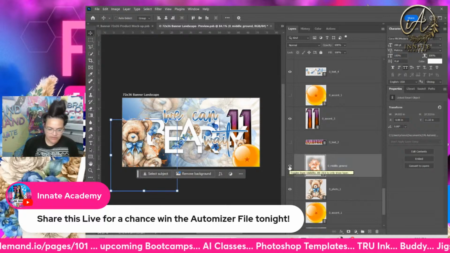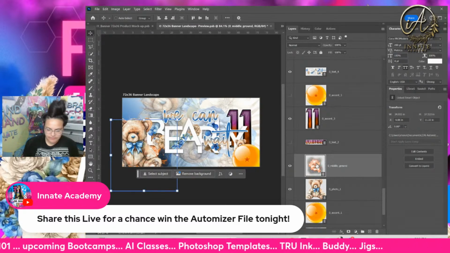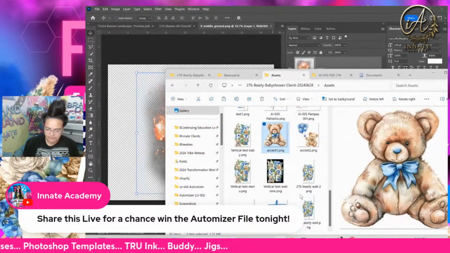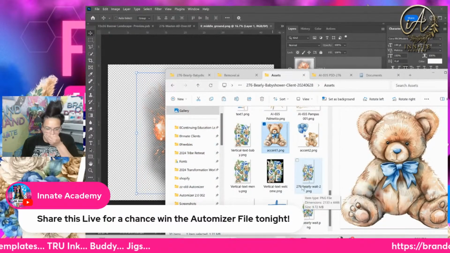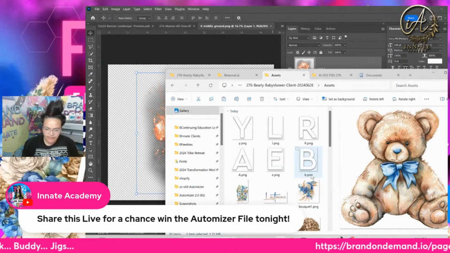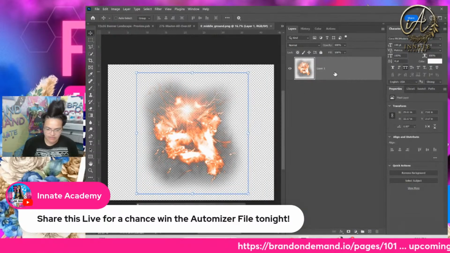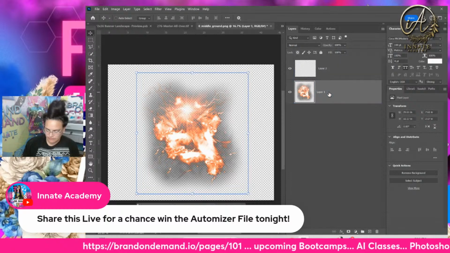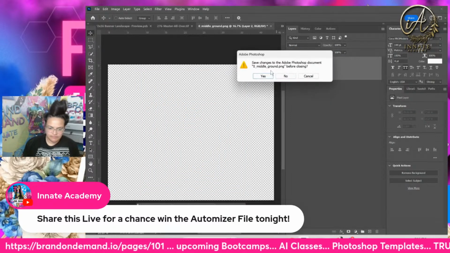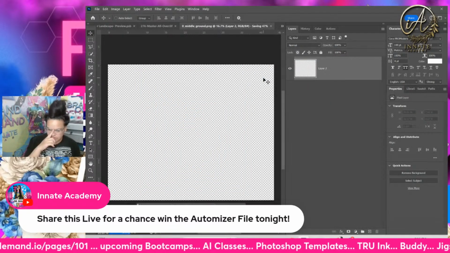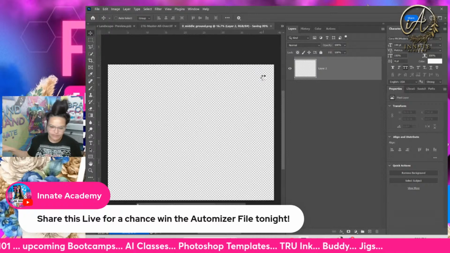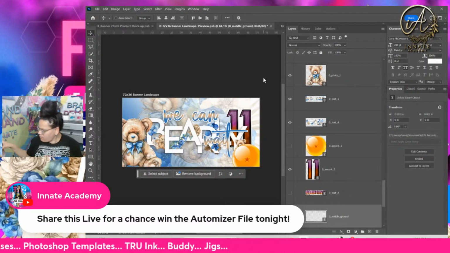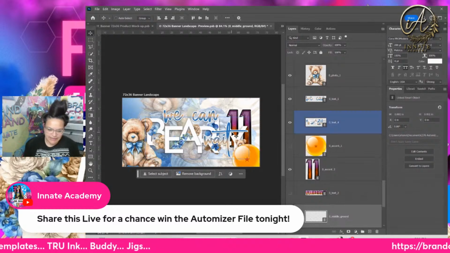Let's see for middle ground. Do I want to put something for middle ground? Honestly, I think I'm just going to turn middle ground off, because I really don't have anything particular for it. All right, and